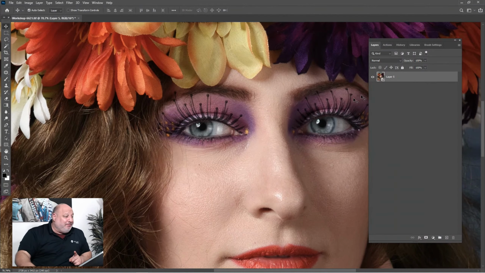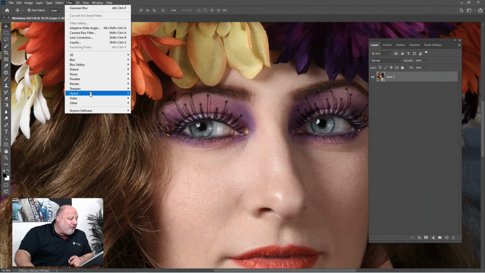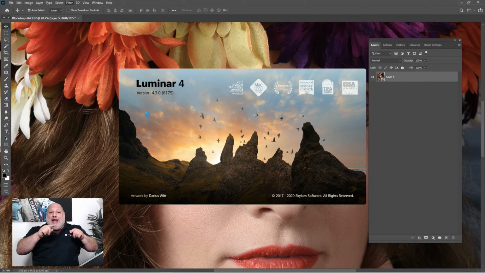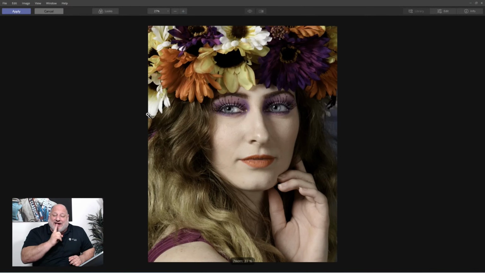Why is that important? Because now when we come over here and we apply Luminar, Luminar is going to be applied as a smart filter, and all of those layers that we just applied are going to have the same effect applied to it. If I only did it to the one layer, just the one layer is going to have the effect. Now that I have it set,